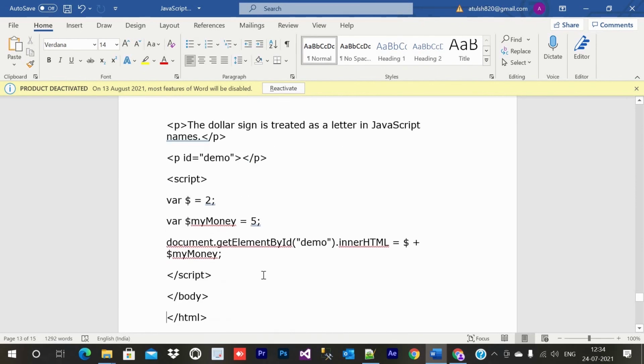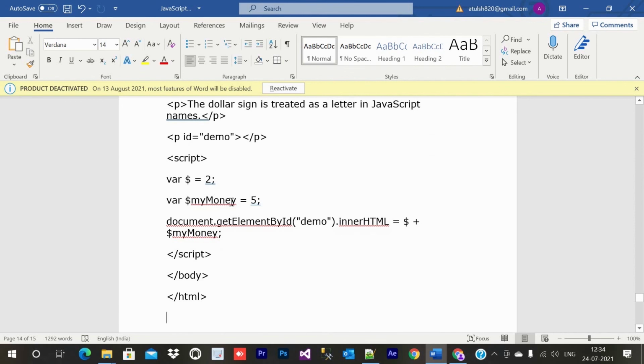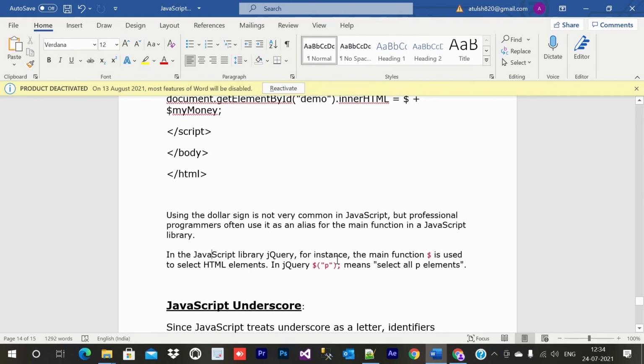Okay, so here where $ is this, and if you add that, it will be added. If you learn jQuery also, in the jQuery JavaScript library we just write $, and inside double quotes, if there is a paragraph on the HTML page, if I write like that, it will select all paragraphs from the whole web page. Then you can apply any style or anything.